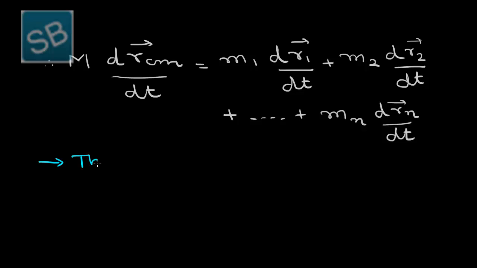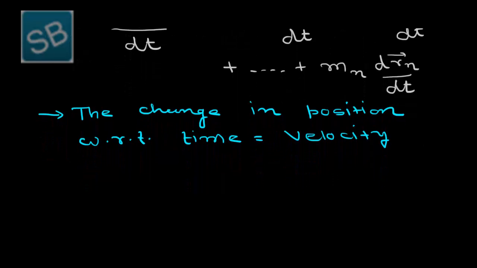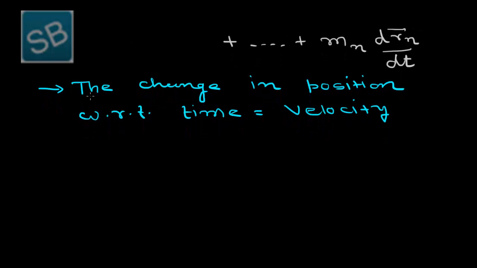the change in position with respect to time is called the velocity, because the change in position means either displacement or distance. But if we divide the displacement by time, then we will get velocity. So, according to this statement, I can write down